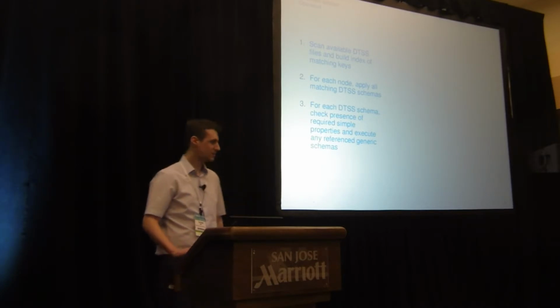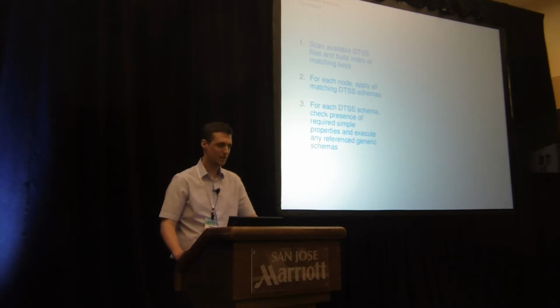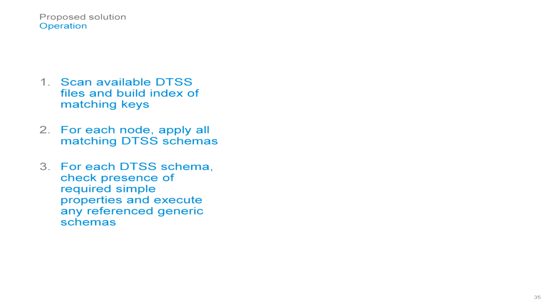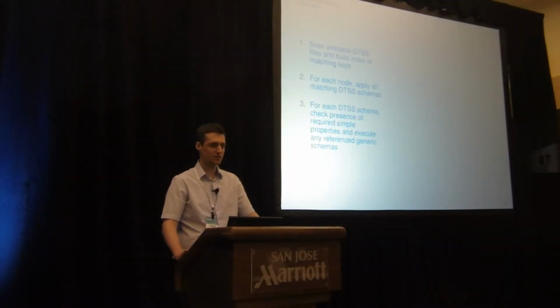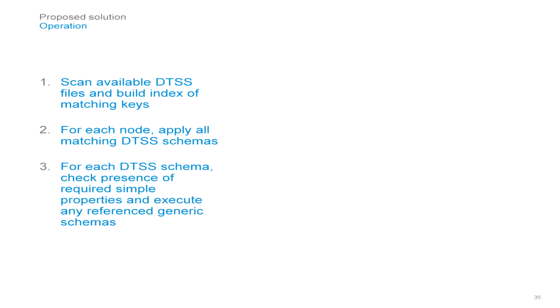So here is the way of operation of the DTC extended to support validation using DTSS schemas. First, it scans available DTS files and builds an index of matching keys to let it match all the nodes to respective bindings. Then for each node in the input tree, all the matching DTS schemas are executed, which means